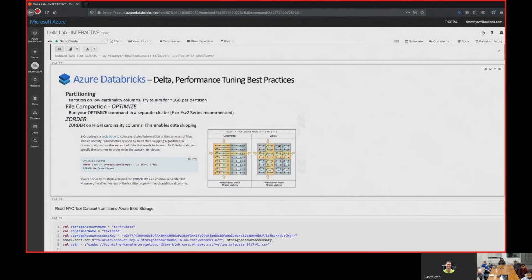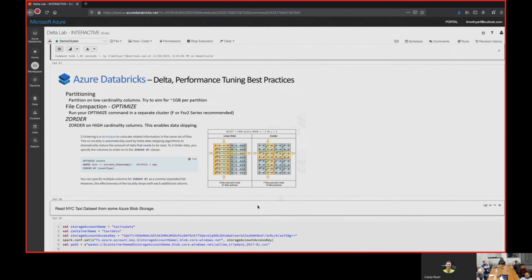Now, Z ordering and partitioning and how it works. So when you do the file compaction with the optimize, you would then be able to call a Z order. So you'd be able to optimize events based off a timestamp and an interval of 1 day. So you could say, hey, for the past day, because we've already optimized days 7 through 6, we have a new day's worth of data at the end of the day. Let's optimize that and get it all compacted correctly. You can then Z order that by one of the different fields inside of it. So normally, you would have more of a linear order search, so you would scan 9+ files, and then if you do a Z order, with the way it restructures the formatting, you would scan 7 files.